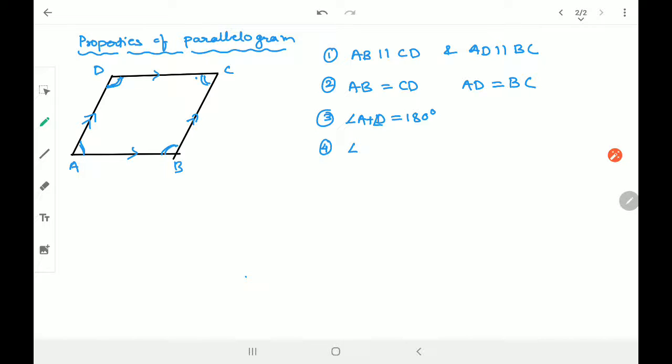Opposite angles are equal, that means angle A is equal to angle C and angle D is equal to angle B. So this we have already discussed, है ना. अभी तो देखा हमने कि दो साइड्स क्या, दो एंगल्स क्या होते हैं, अपोजिट एंगल्स क्या होते हैं, एक होता है. इट्स ए वेरी सिंपल थिंग, वेरी सिंपल अप्रोच. राइट.